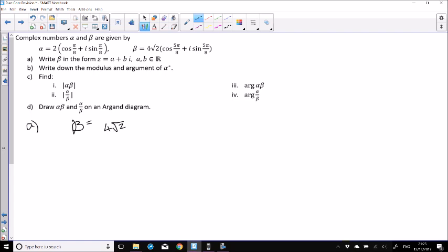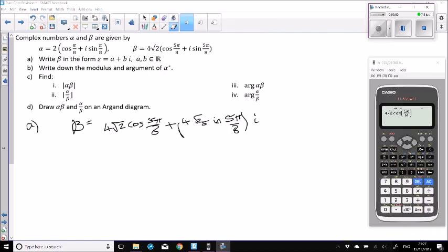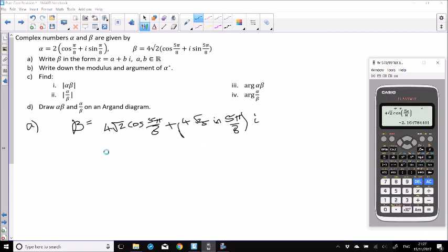So 4 root 2 cos 5 pi over 8 plus 4 root 2 times sine 5 pi over 8, and that's times i. Right, then to convert it, I just put that in my calculator and find out what it comes out as. So we found here